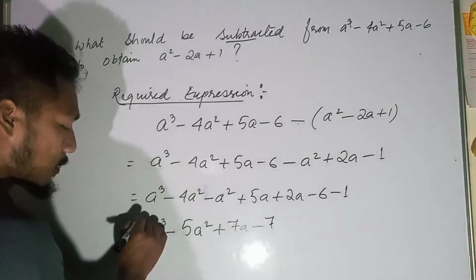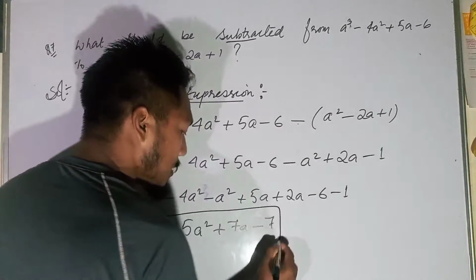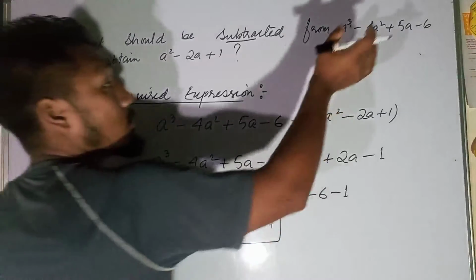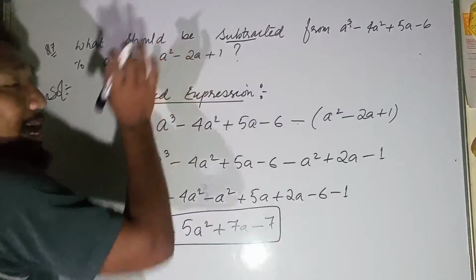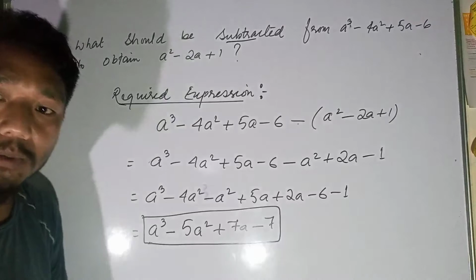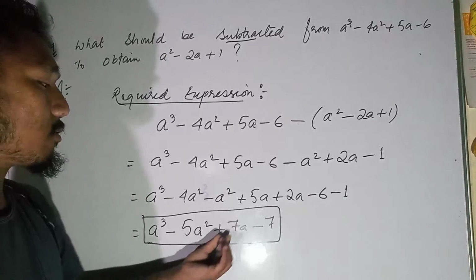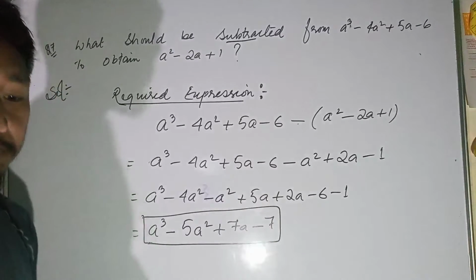Okay, so this is our recurrent number. This is our recurrent number that should be subtracted from this, so that we will get these answers. Okay, you're clear about this one? A cubed minus 5a squared plus 7a minus 7. Okay,